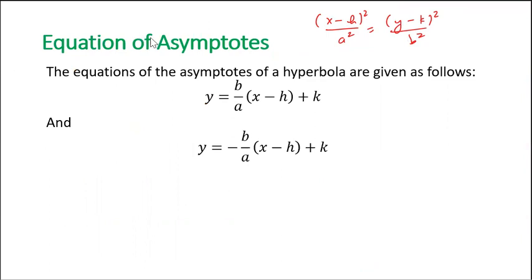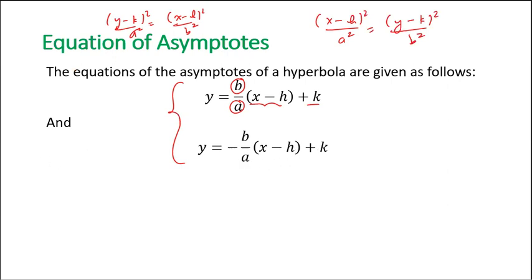Or we can have y minus k square over a square equals x minus h square over b square. So this is how we solve the equations, and then we will get the following. So y is equal to b over a times x minus h plus a, and then we have y is